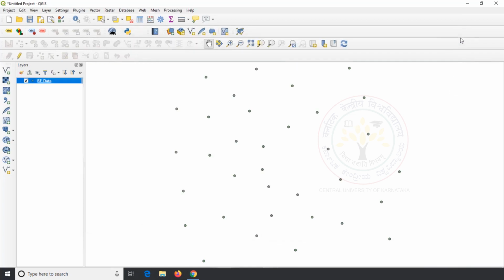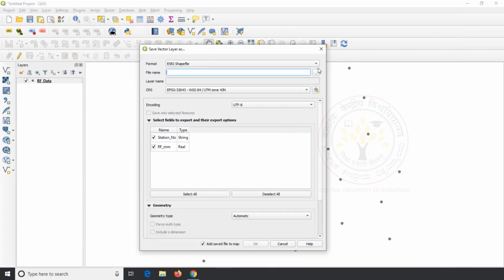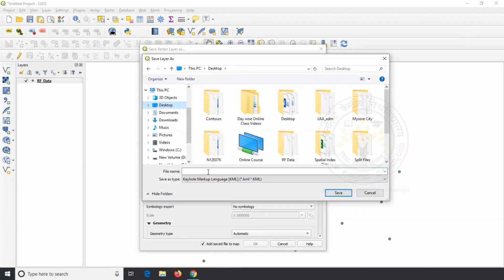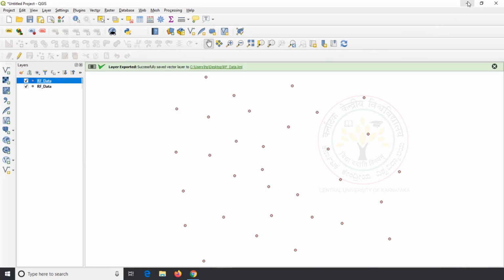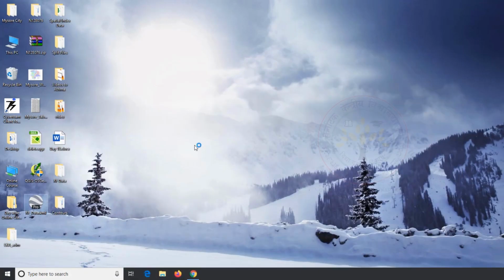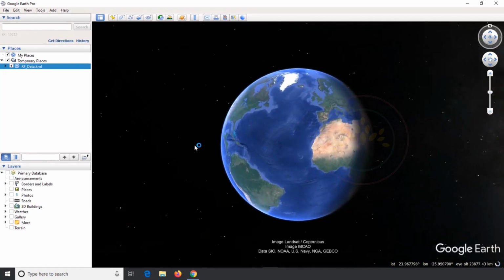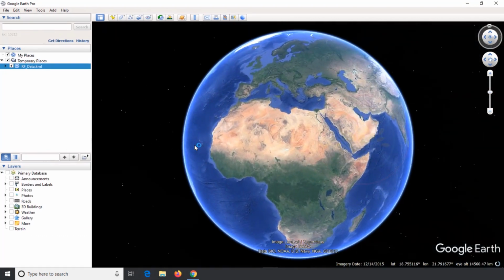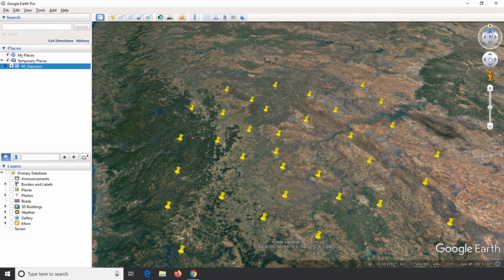For our better understanding, I will export this save file into KML file and we will see in Google Earth. Look at the location of rain gauge station on the map.